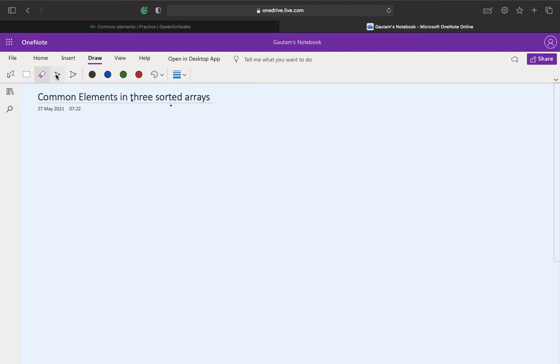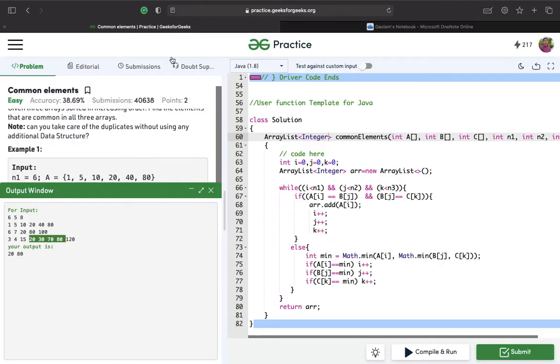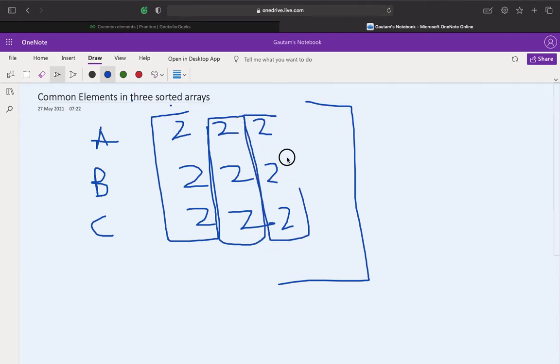So for example, there are 3 arrays A, B and C, and these 3 arrays have 2 2 2 2 2 2 2 2. Now what this version of the program will do is add every 2 in each iteration.